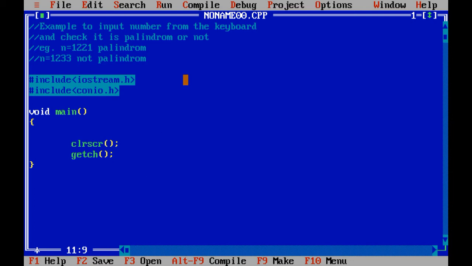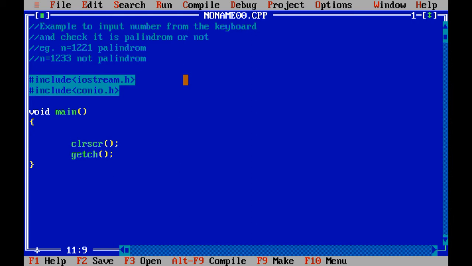Now we are going to take long integer data type over here because the range of integer is limited, right? Do you remember what is the range of integer data type? It is -32,768 to 32,767.